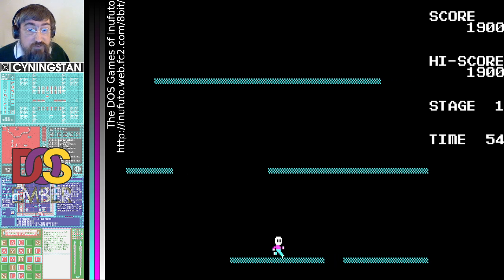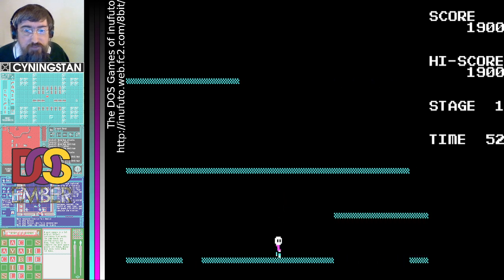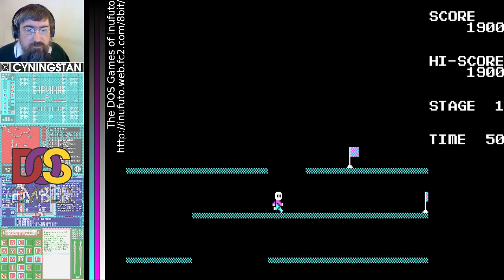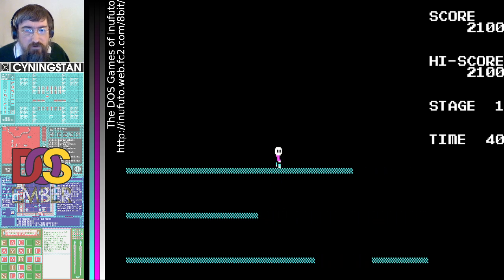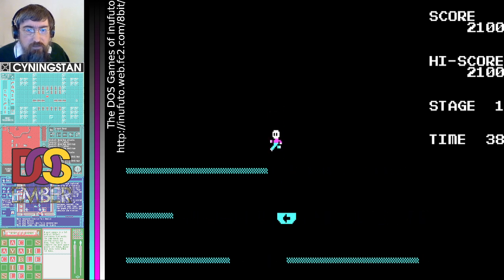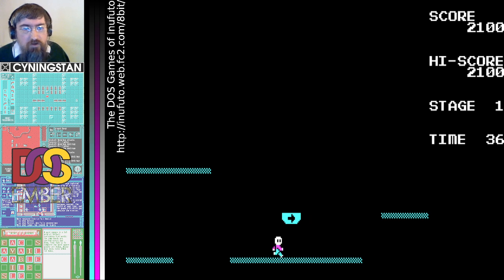Currently they're doing the Apple IIgs, and if you follow them on social media, I don't have their link to hand, but if you search for Inufuto on either X or on Blue Sky, it will come up. Oh, can I? Yeah. Oh, I landed on there and didn't quite manage to stay on. No, not quite there.